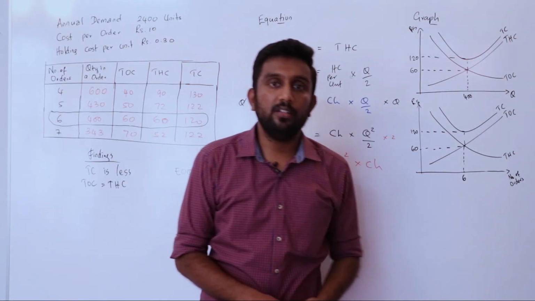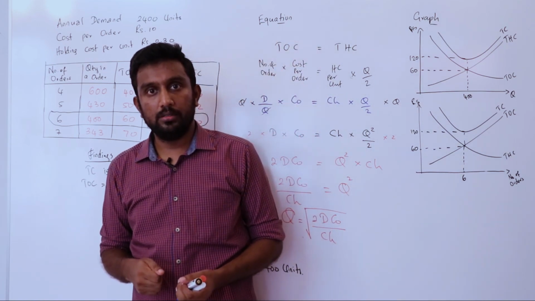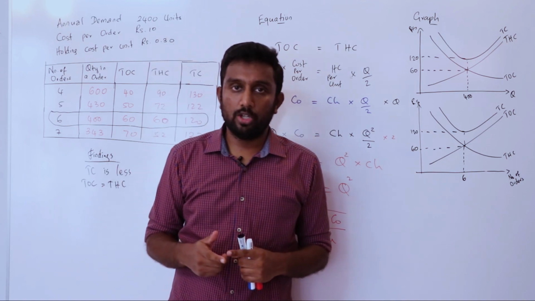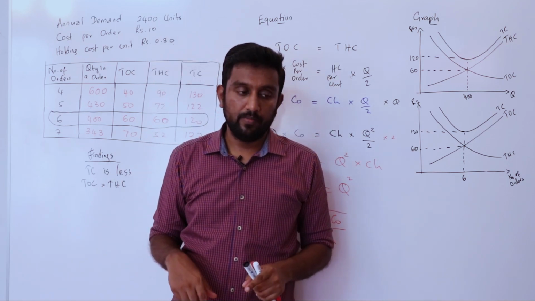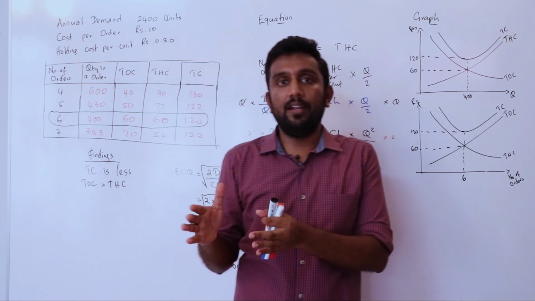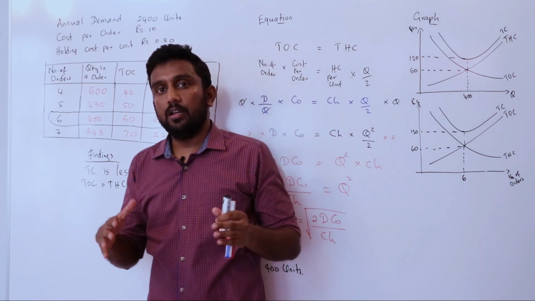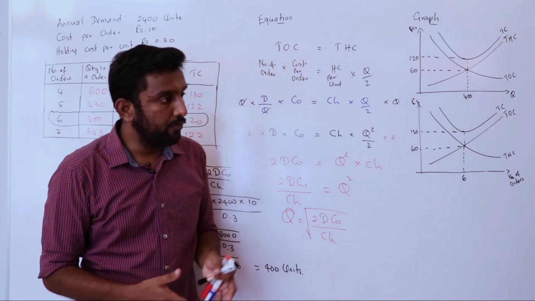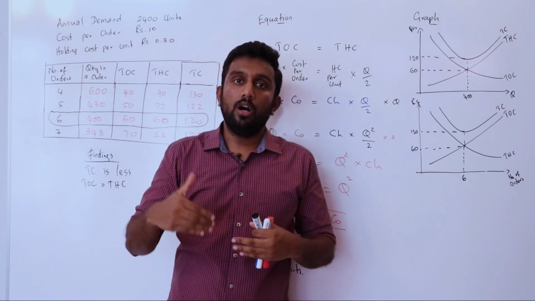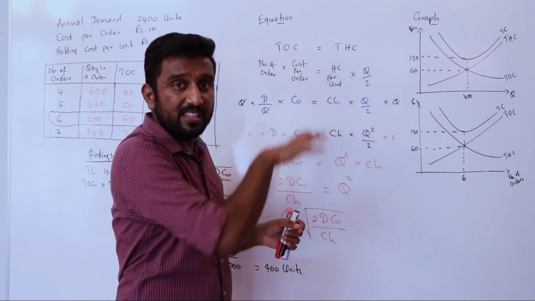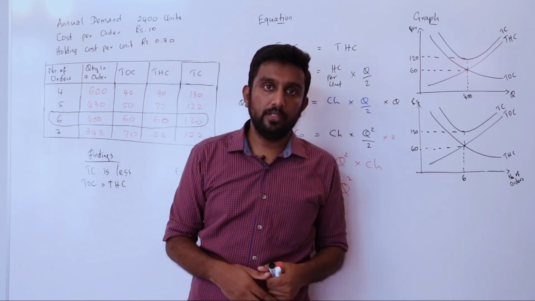These are three methods to find EOQ. So I'll give a question. You can try out the question. Once you're done with the question, we'll have the summary. After the summary, I'll add the answers for the question at the end of the video. So this is the first part of the material costing. After the question, I'll come up with the summary where I'll summarize the entire thing I explained until now.